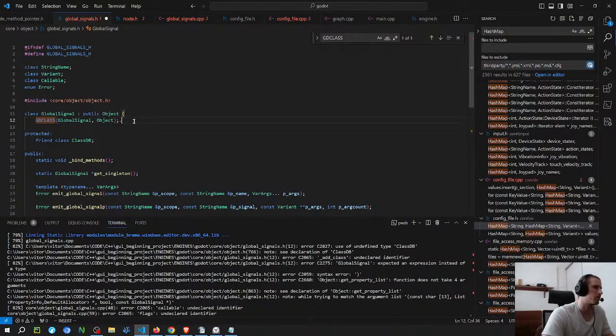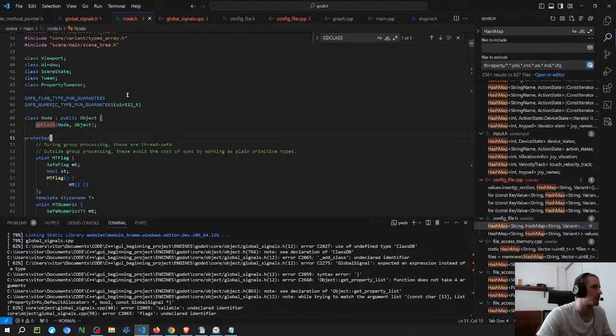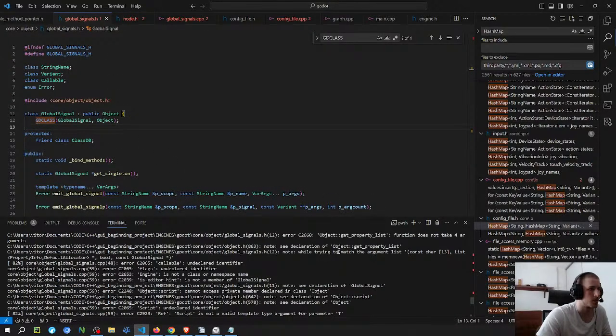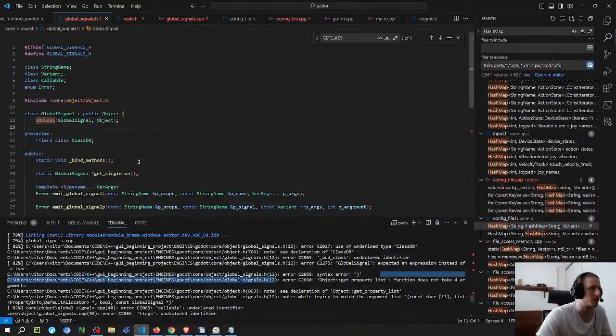Or actually, I forgot the thing here. So this is probably the problem. Yeah, maybe that was the problem. Yeah, because of the syntax. Obviously, this is definitely one of the problems, but I'm not really sure if it's gonna solve the other stuff.